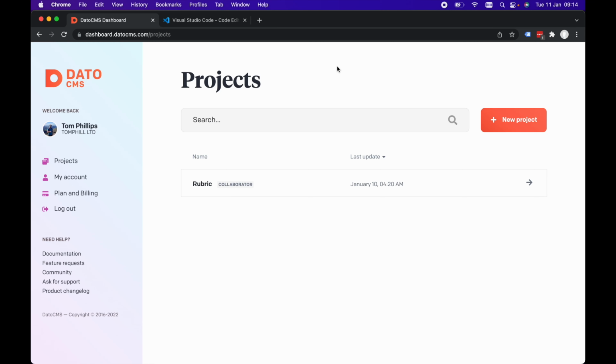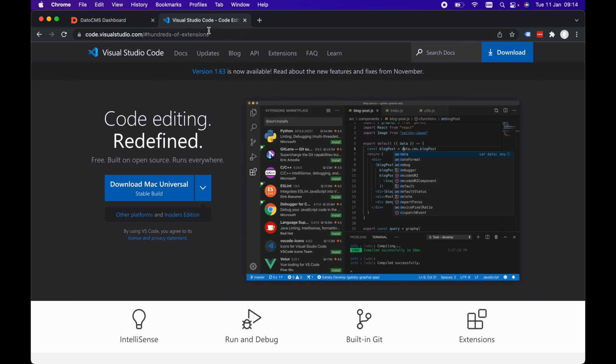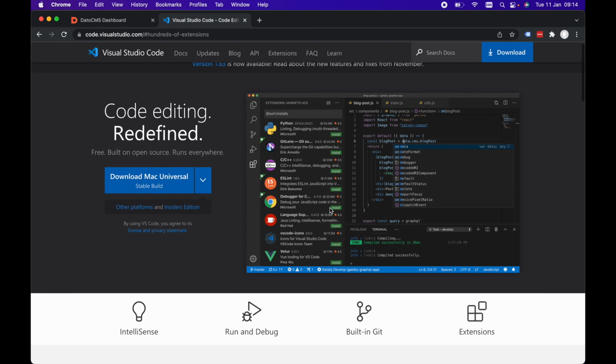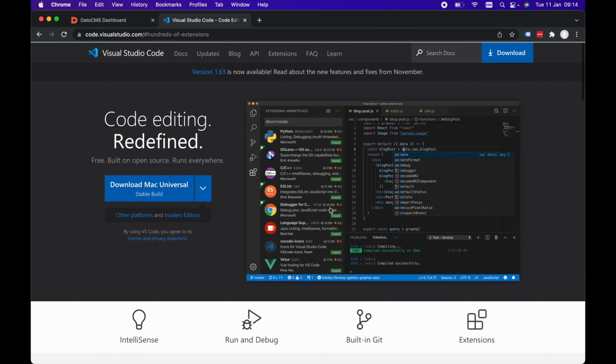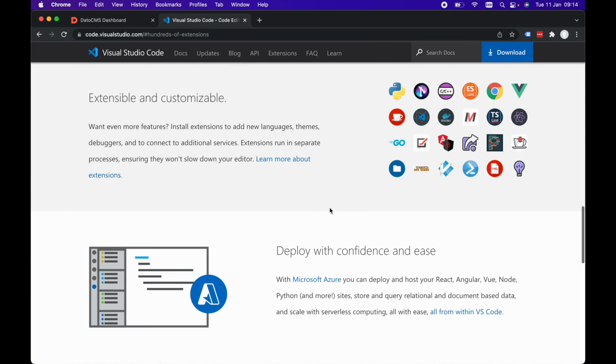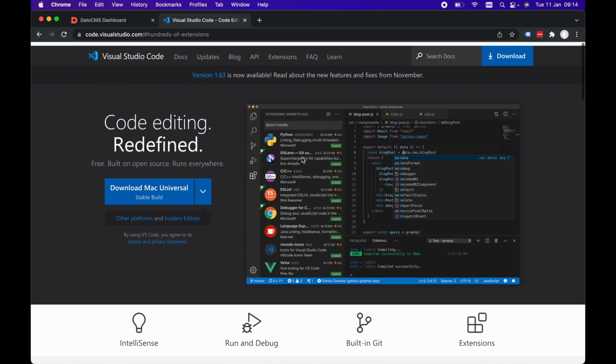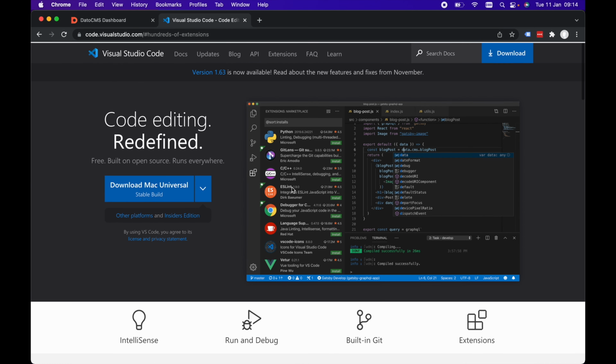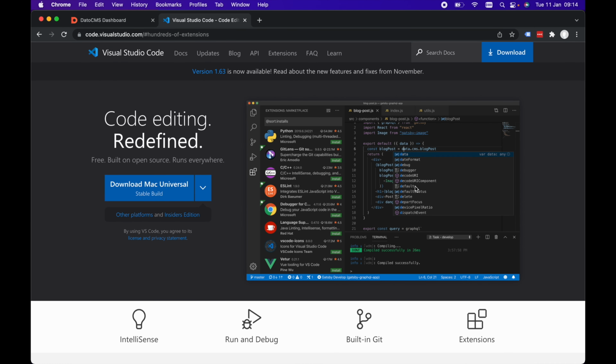Hey guys, in this video we're going to be looking at setting up Gatsby with DatoCMS and building a small site using the two. The site we're going to be making is based on the Visual Studio Code landing page. It's going to be super simple. We're not actually going to build out the entire page. We're just going to pick some examples of sections on the landing page, and you'll soon find that it gets